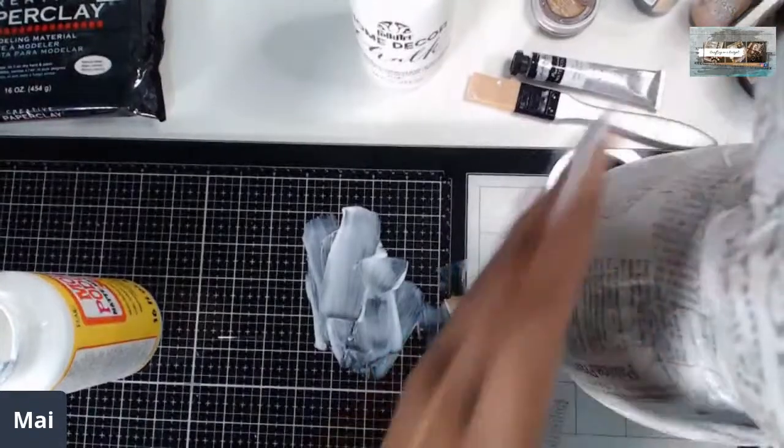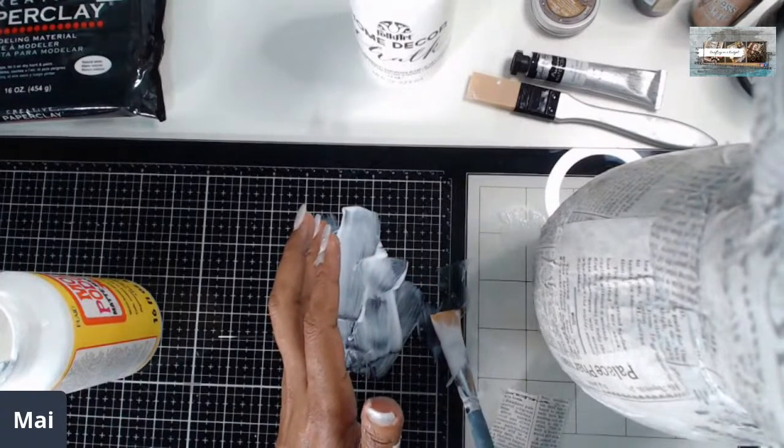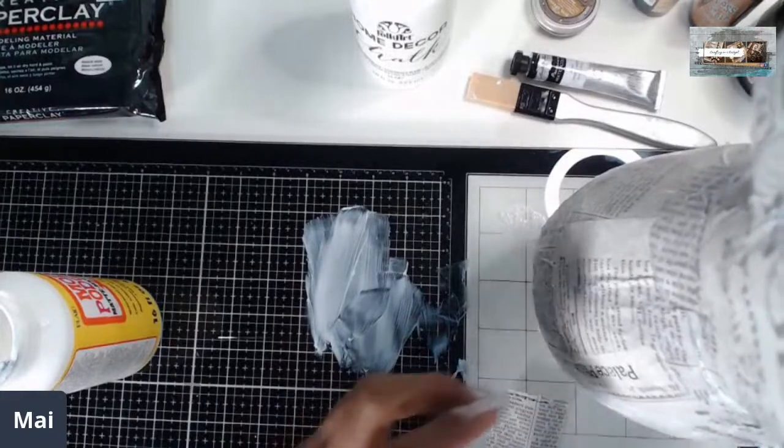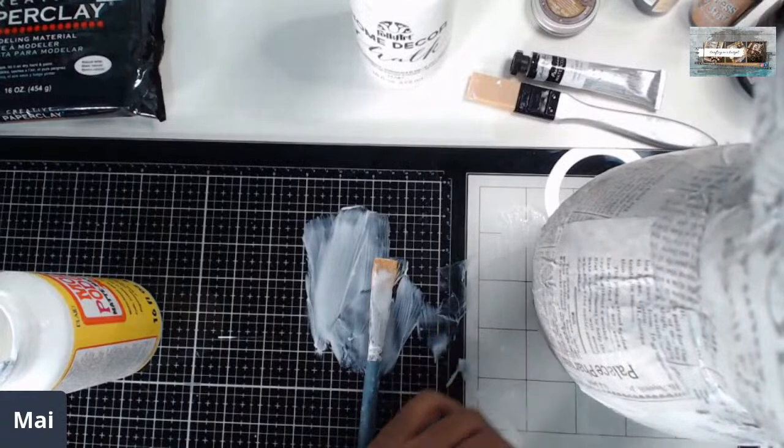Okay. Oh, yes. Those are the perfect ones. So burnt sienna, perfect. Burnt sienna is one of my favorites. You get that nice kind of rusty vintage look to it. So, and if you guys don't,